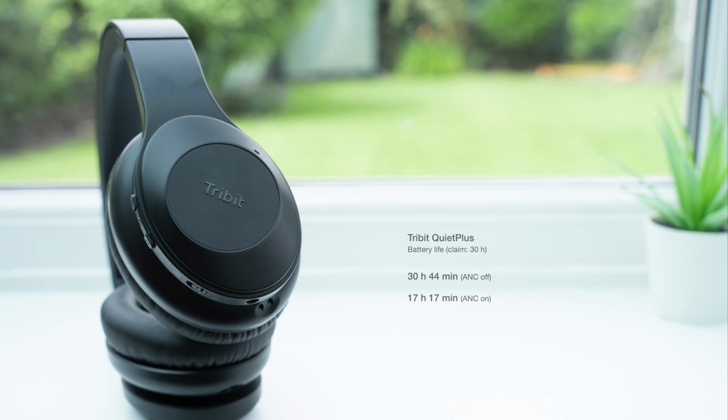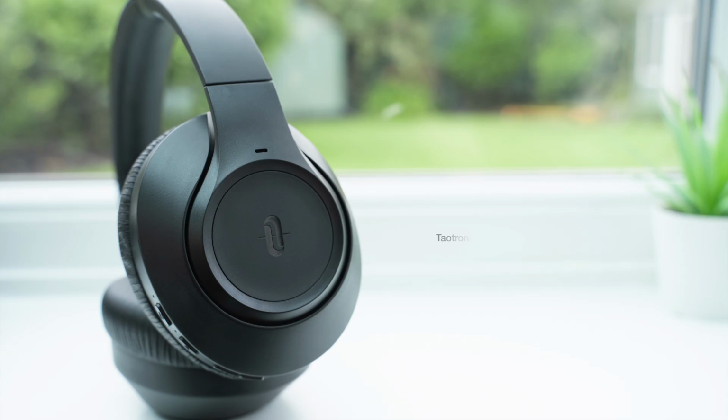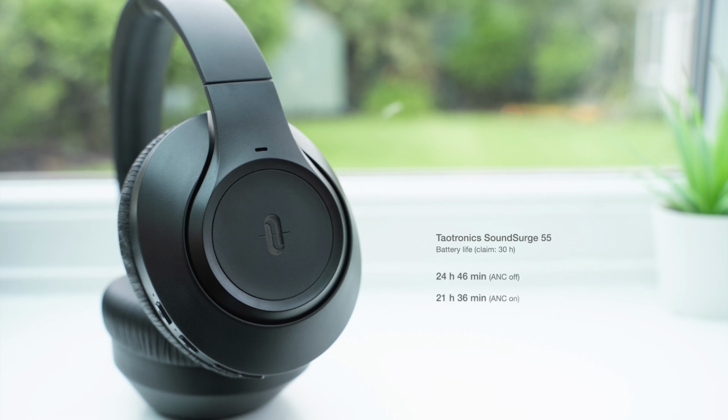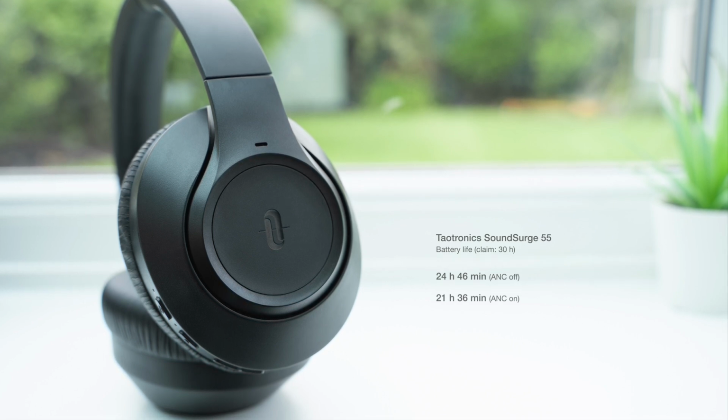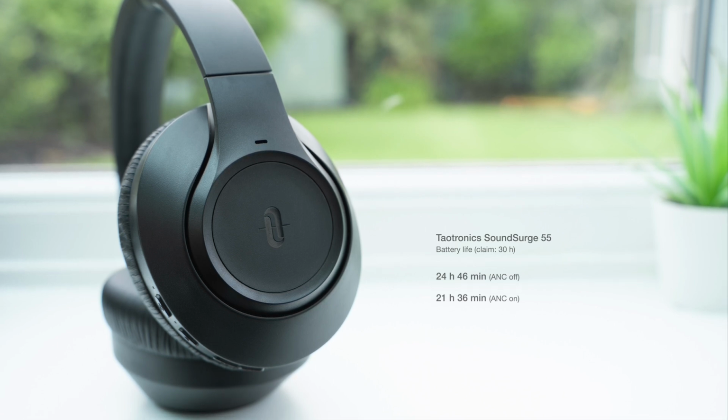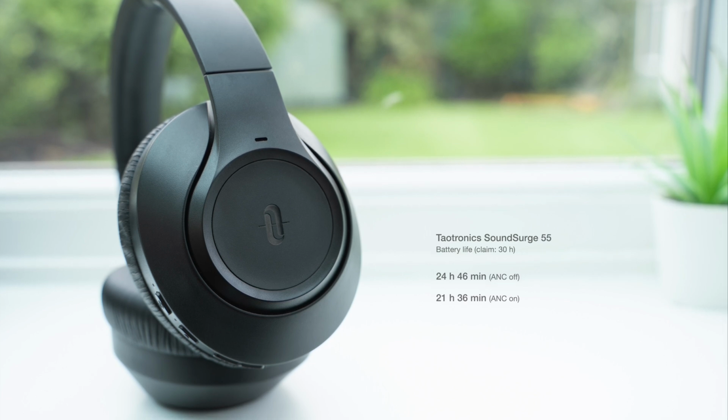on iOS than Android. The SoundSurge 55 averaged a few hours under the recommended 30 at just 24 hours 46. Again lasting a bit longer on iOS than Android. But interestingly, these performed better than Tribit with ANC turned on, reaching an average playback time of 21.5 hours. You could always just listen with ANC off for the better battery life, especially since this doesn't really add much